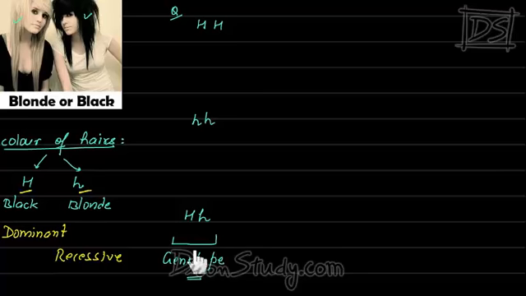Okay. So there must be someone having both capital H type genes, some having both small h type genes, and some with one capital H and one small h. You need to tell me the phenotypes of this. Phenotypes means you need to tell me the type of their hair color. So you must be thinking, have you thought it already?